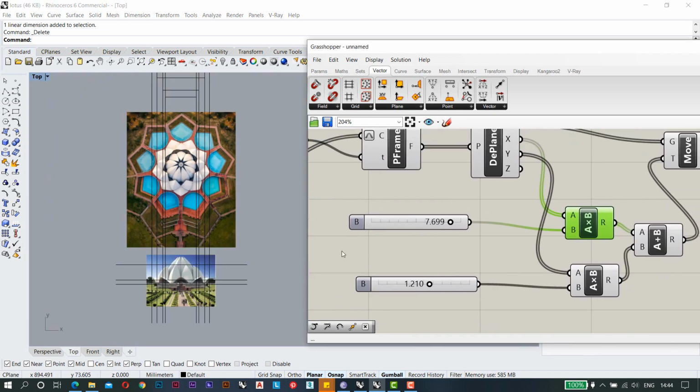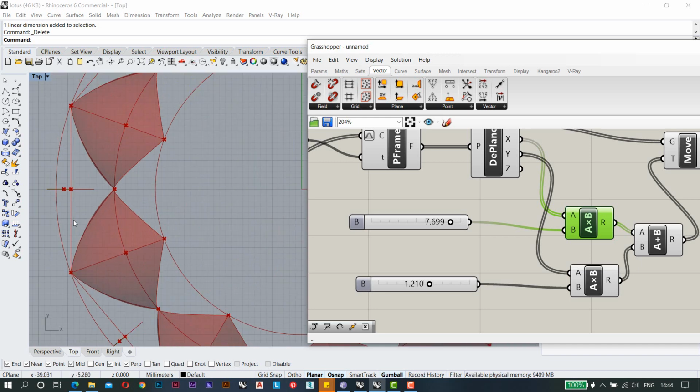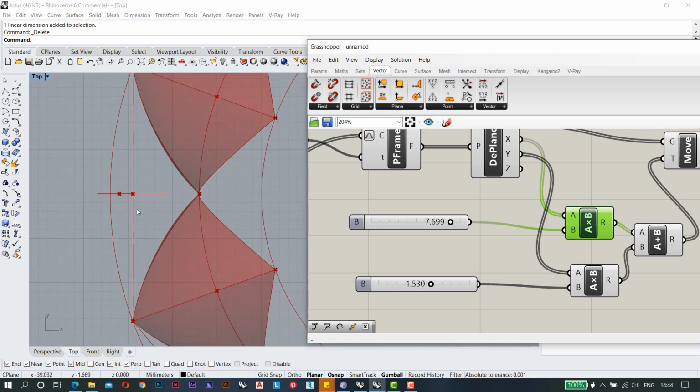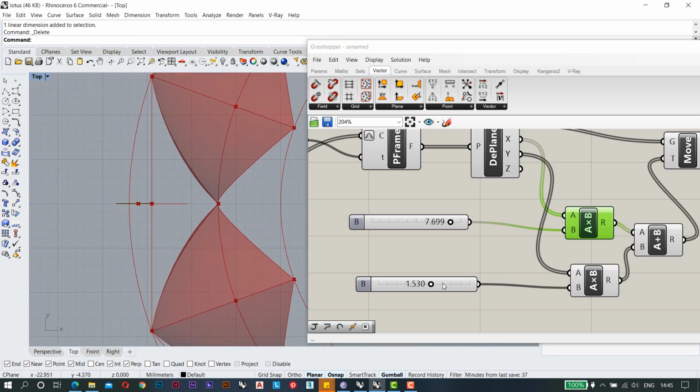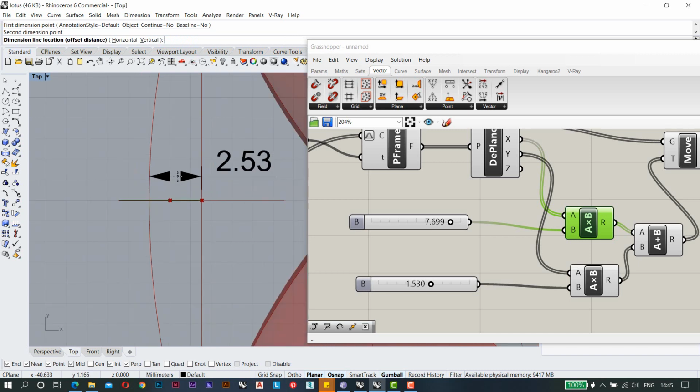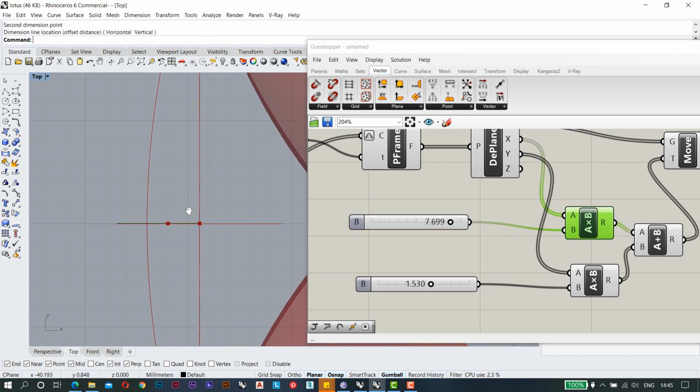So my X value will be for these points. If you see, that X value is this one, so it will go outwards around. If I have to add this value also, I'm just taking it roughly with the linear dimensions. This value is somewhere around 2.53, so the total value will be more than 10.